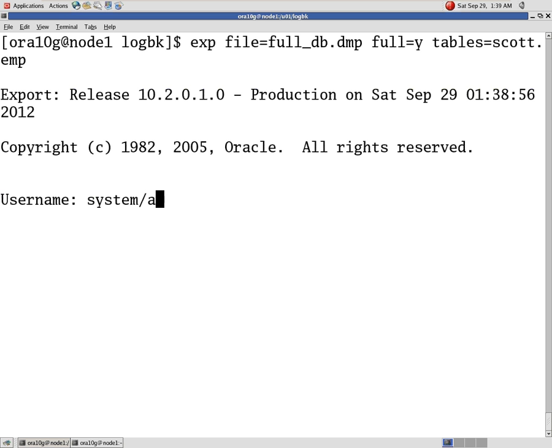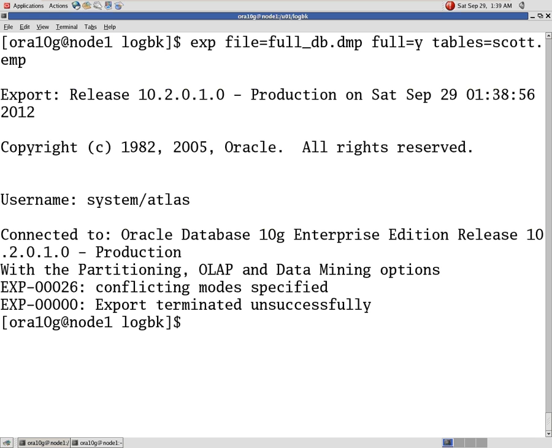User system by ... Cannot use conflicting modes. You cannot do any operation. Okay, I am just taking out the table level, and here at the fourth position I am giving userid equal to system, system by password ATLS.